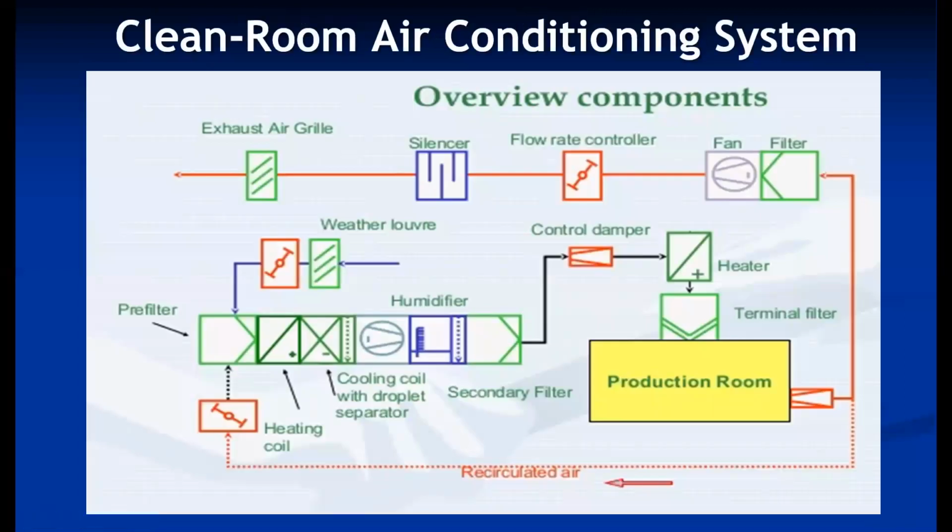This is another layout of a clean room air conditioning system where 100% fresh air is used. The fresh air is taken in with the help of this blower. Then sometimes recirculated air is used, if required. Otherwise, there is the heating coil, then the cooling coil, the blower, then the humidifier. The filters generally used here are simple filters, and a secondary filter. Then control dampers are used.